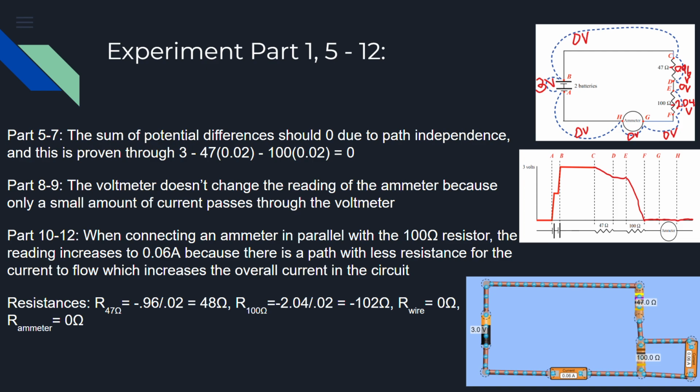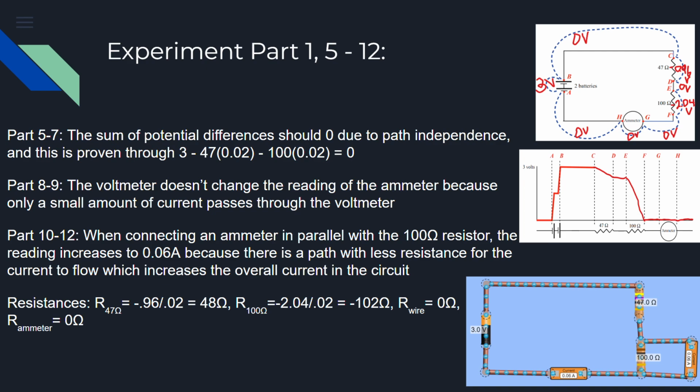Parts 10 through 12, when connecting an ammeter in parallel with the 100 ohm resistor, the reading increases to 0.06 amps because there is a path with less resistance for the current flow, which increases the overall current in the circuit. The resistances are